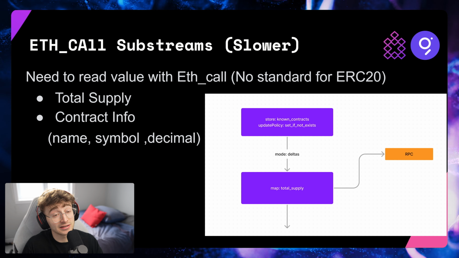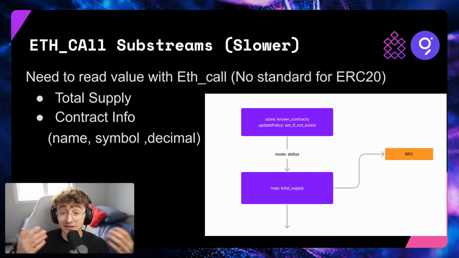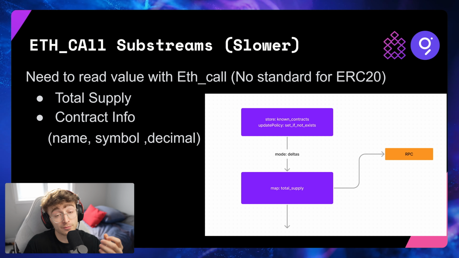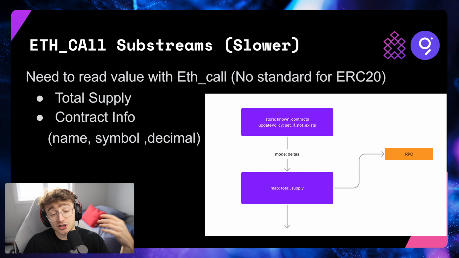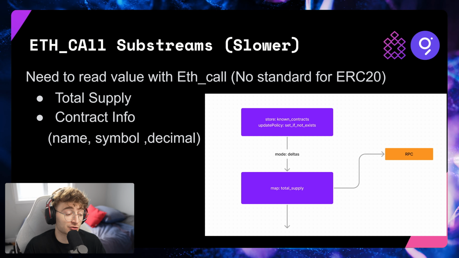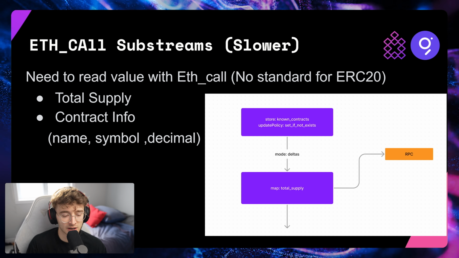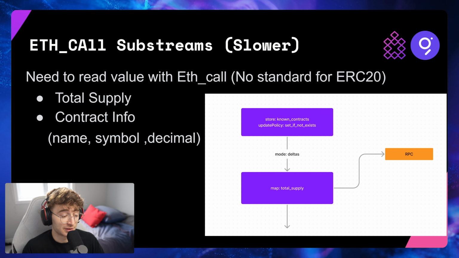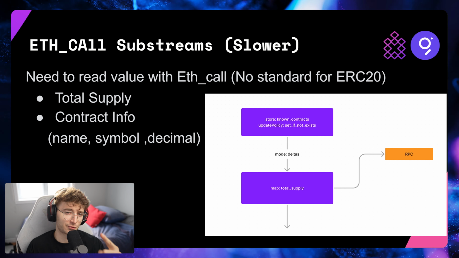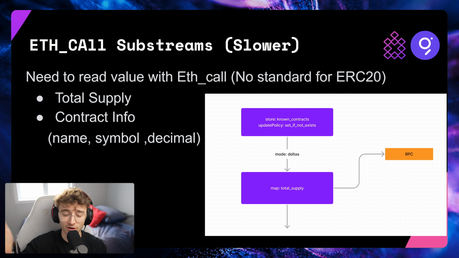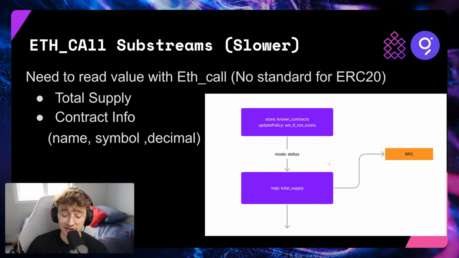So for total supply, to detect the contracts, every time there's a transfer on chain, so for the more active contracts, we fetch the calls for those contracts. It's slow, but it worked. For contract info, because we need it only one time per contract, yes it's slow, but it gets fast later on, because of what we did with this small diagram.